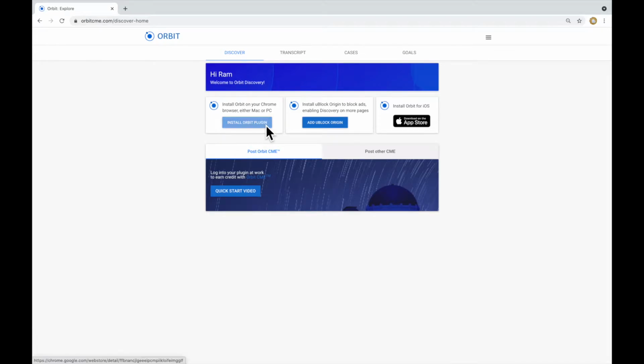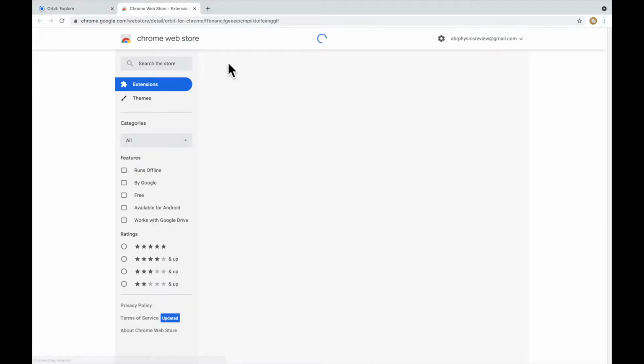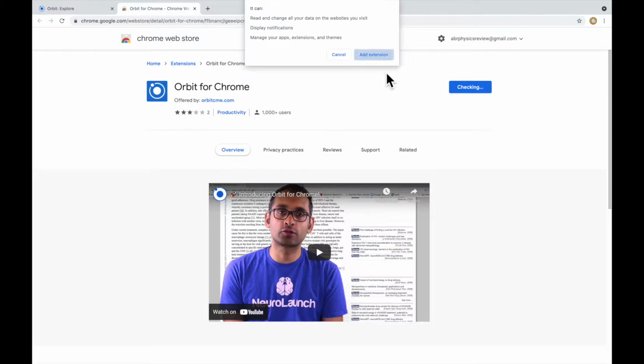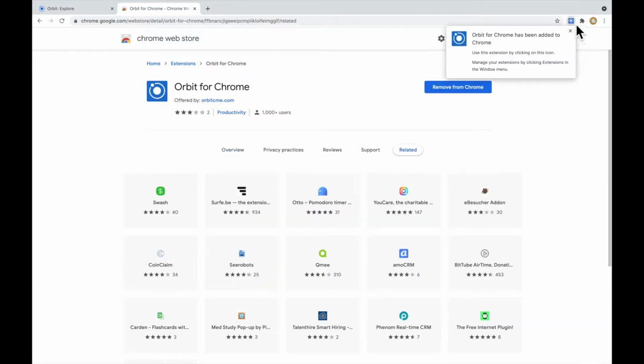So here are the plugins, or Google Chrome extensions, that you're going to see when you first log into Orbit Discovery. This is your home screen, the Discover tab. Go ahead and click Install Orbit Plugin, and you'll open up a new tab on the Chrome Web Store. You'll see this button that says Add to Chrome next to the Orbit for Chrome plugin. Go ahead and click Add to Chrome and Add Extension, and you'll see now in the top right the extension